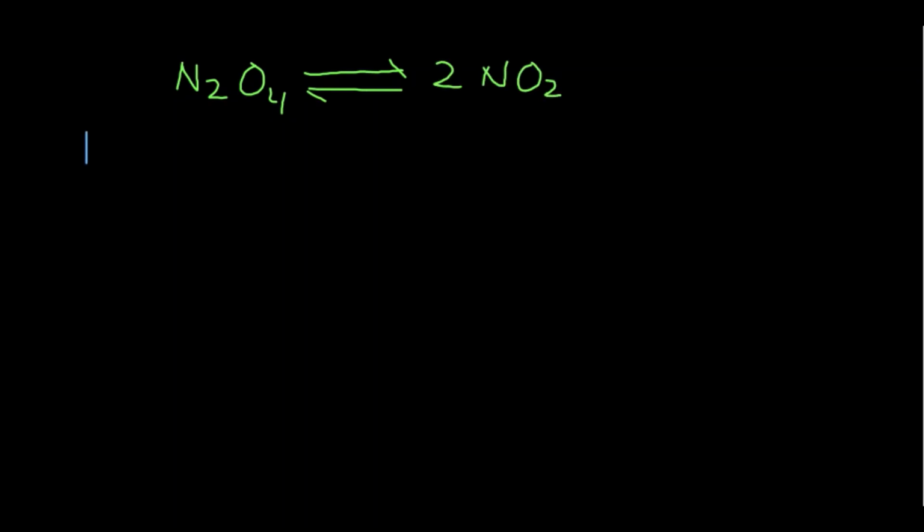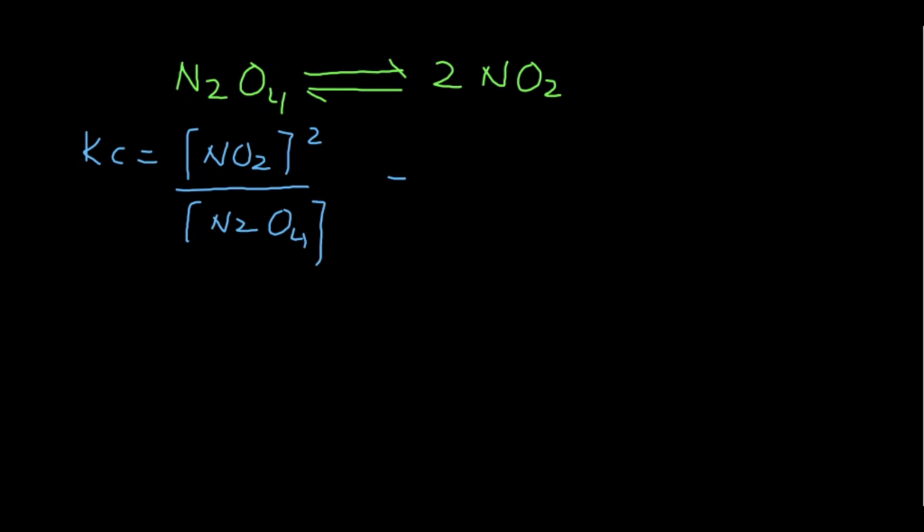Now to determine the unit of equilibrium constant, first of all we will write the equilibrium constant expression. It means we write the value of Kc for this reaction, right students? So Kc for this reaction is Kc is equal to nitrogen oxide raised to the power 2 over dinitrogen tetraoxide, right students?